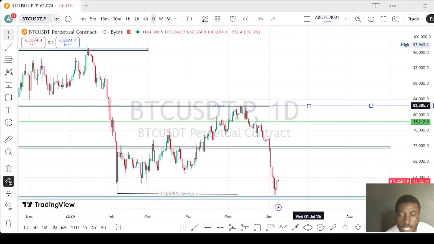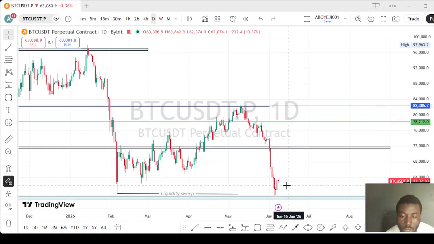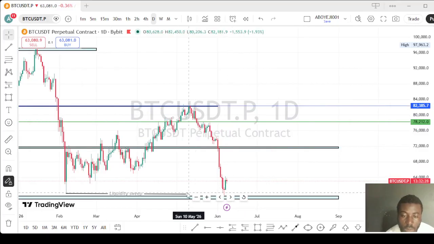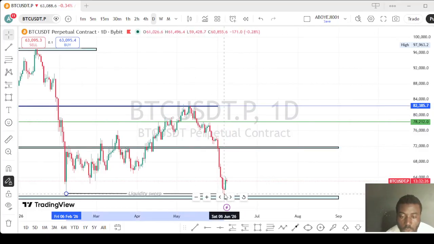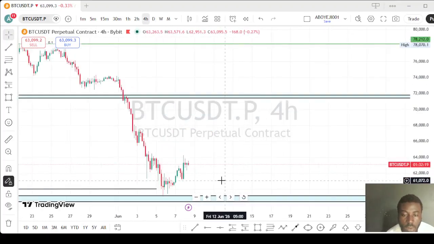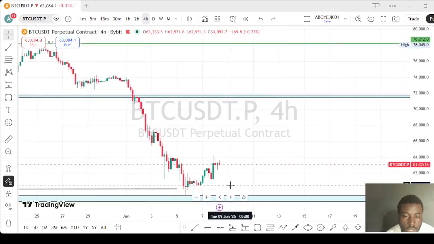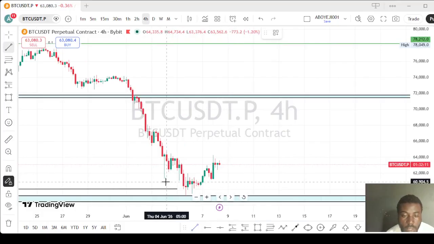And this is our swing high here. But this swing high has not given us a break of structure, seriously. So the market is giving us the vibe of an uptrend. So let's see 4 hour time frame, which is our analysis time frame. This is 4 hour time frame. This is what the market is giving us. On 4 hour time frame, this is the last break of structure we are having.